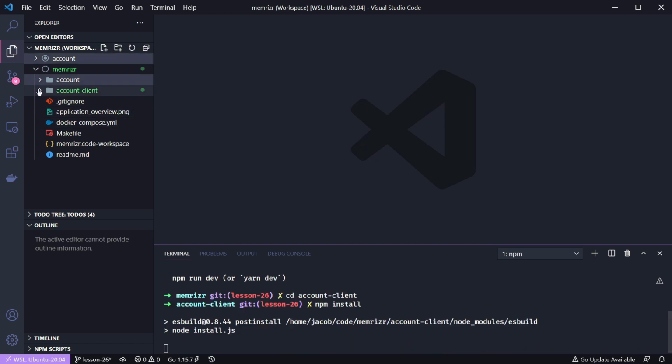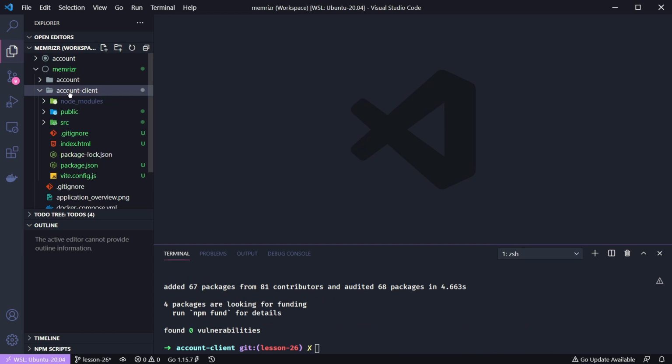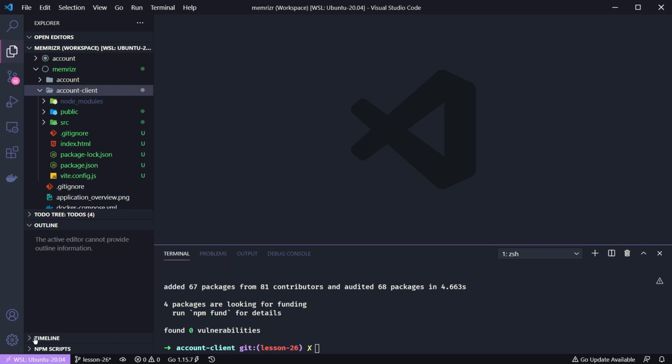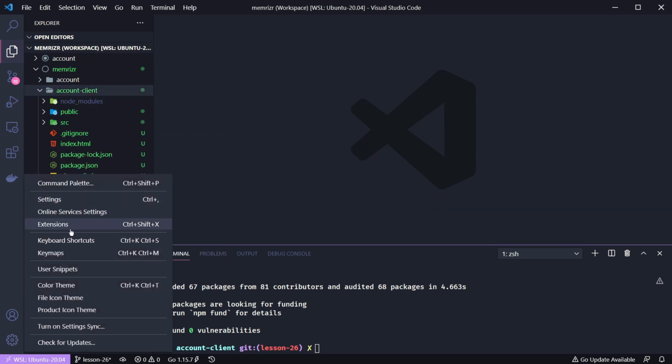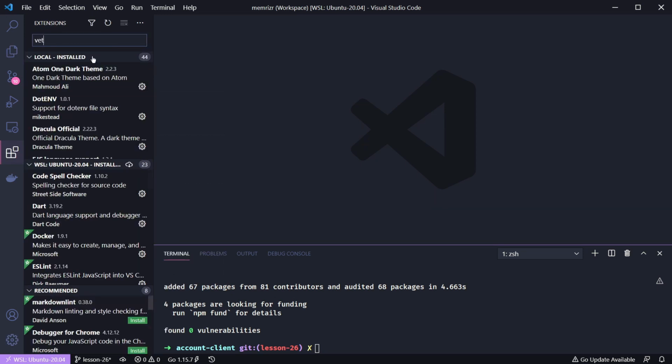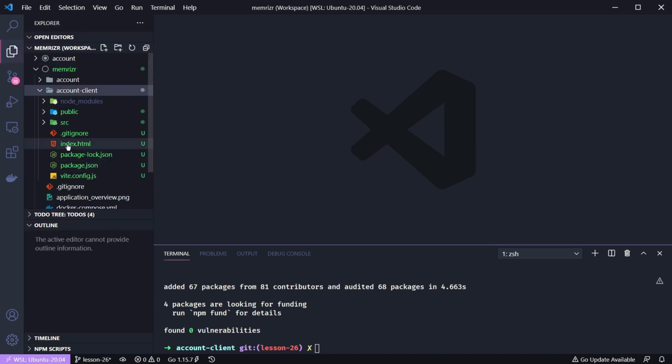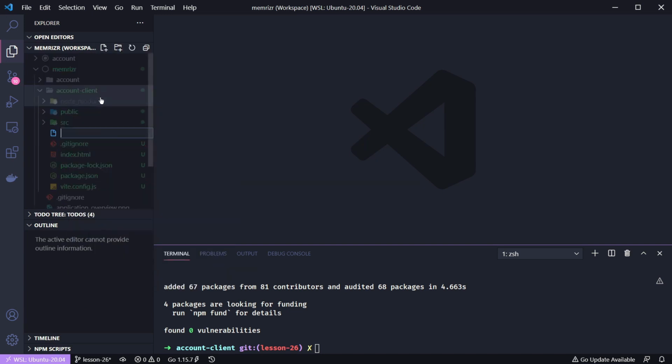While that's installing inside of account client, I want to add some configuration files. This is kind of annoying, but it's necessary. So the first one I want to do is just a simple file that my dev tool called Vite uses. So if you go to extensions, a lot of people in VS Code use this Vite extension. And so to know where your source files are, we usually have to add a file called JSON